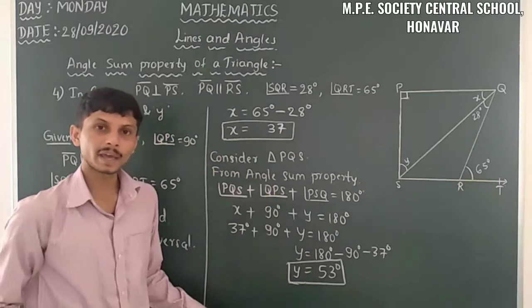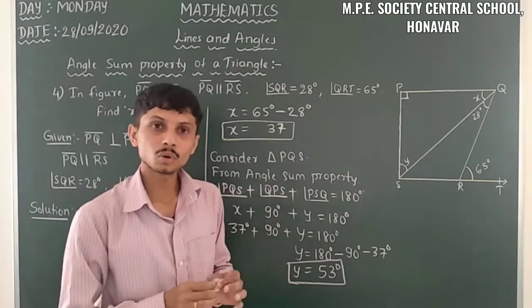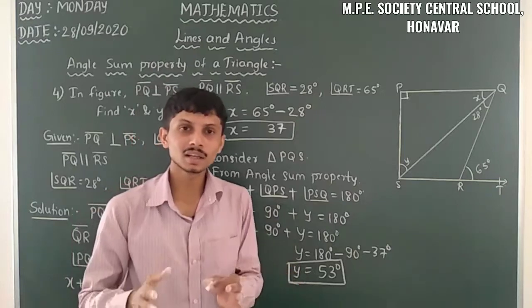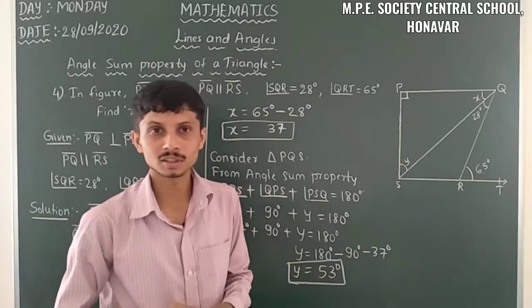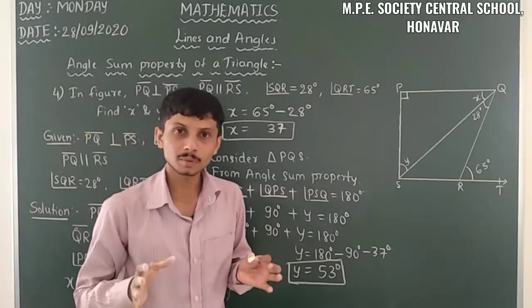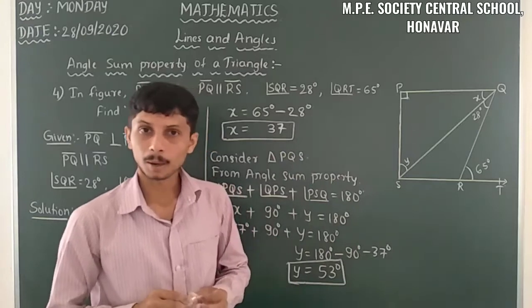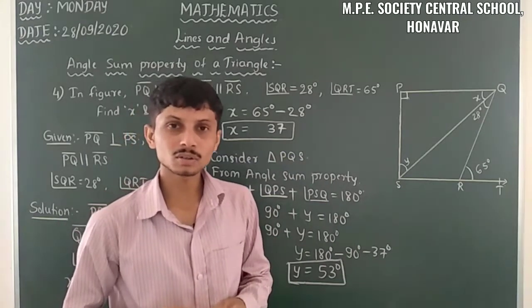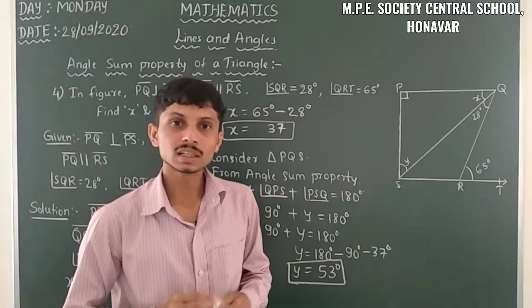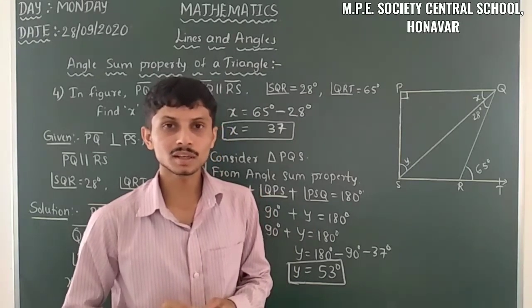So with the help of the angle sum property and all the known values, axioms and theorems, we found out the value of x and y. There are many other problems based on the same idea, where you have to find the answer with the given and known quantities. So let us move on to the next problem.